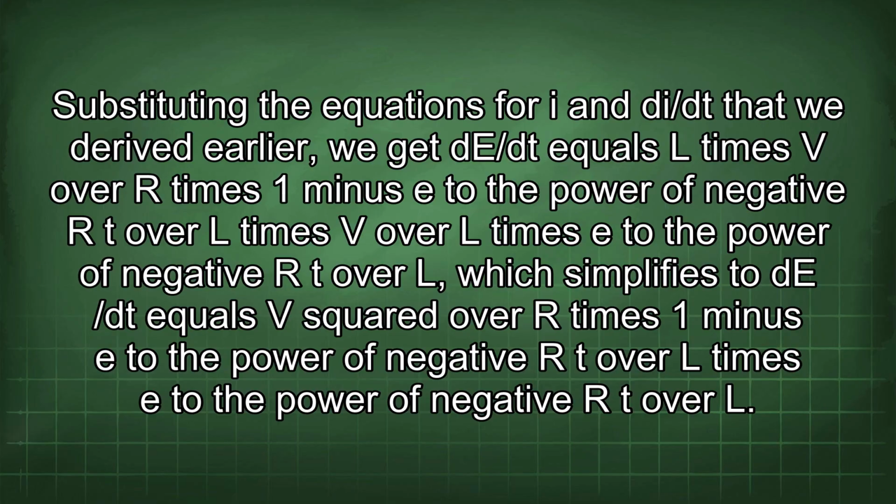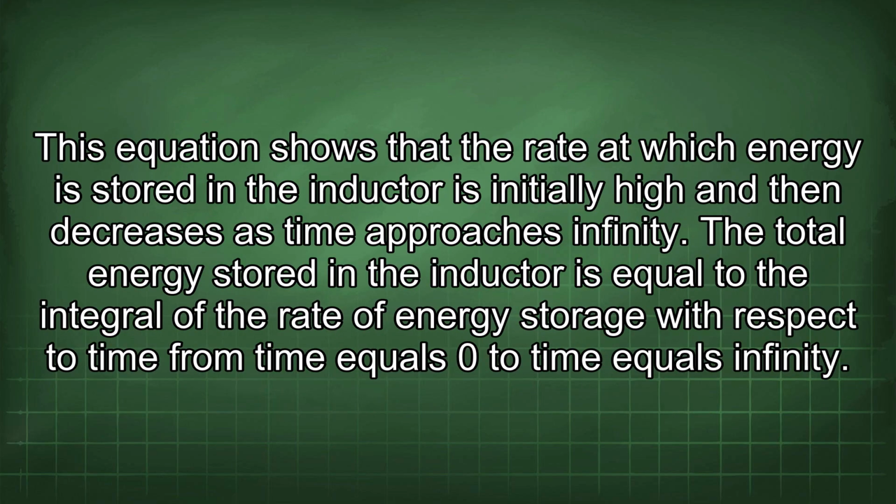times 1 minus e to the power of negative Rt over L times V over L times e to the power of negative Rt over L, which simplifies to dE/dt equals V squared over R times 1 minus e to the power of negative Rt over L times e to the power of negative Rt over L. This equation shows that the rate at which energy is stored in the inductor is initially high and then decreases